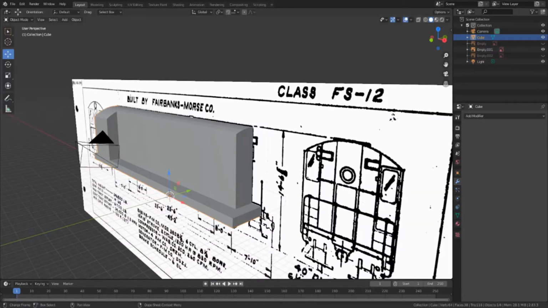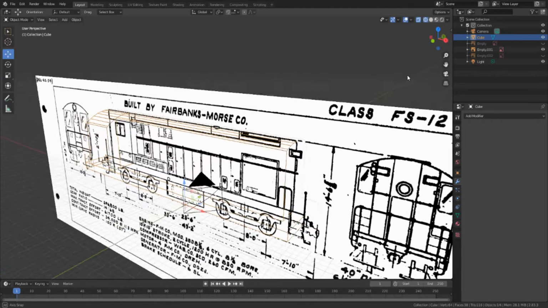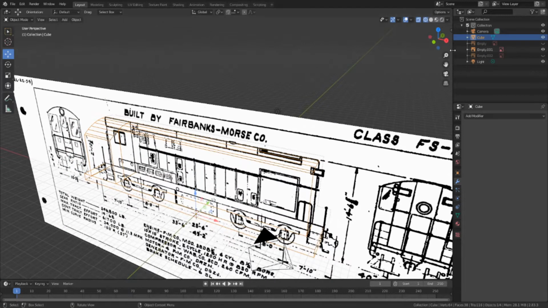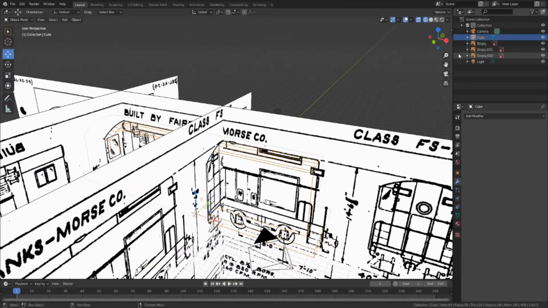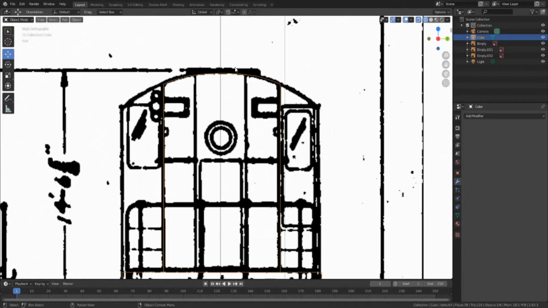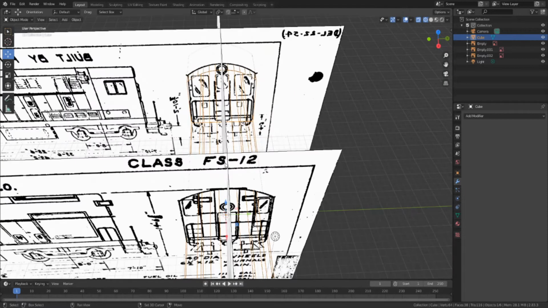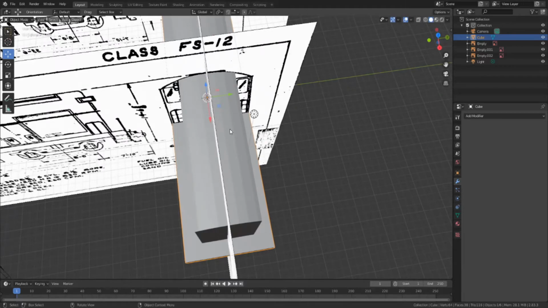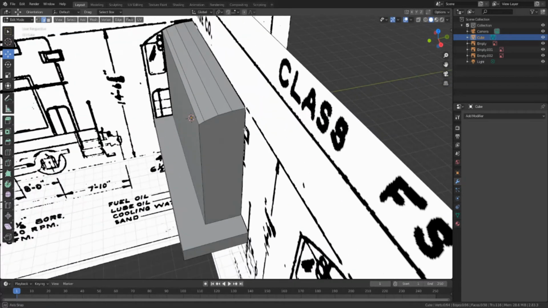So I'm gonna look at my reference photos real quick, and it actually looks like there's some kind of, I won't say notch, but there's an angle to the front of the nose. And so what we're gonna do, actually, I'm gonna see if we can see any sign of that in the diagram, which we can actually. See how it has the two lines right there. That's where, I'll just show you. But what I've done for this in the past is